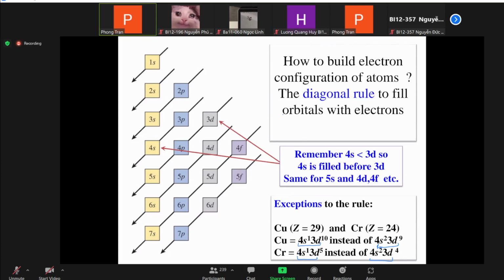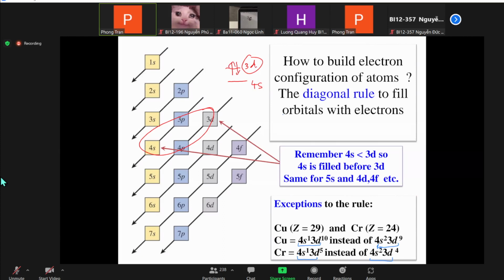And the second thing we need to consider here is that we are talking about the 1s, 2s, 3s, 4s, and so on. This alignment of energy levels is correct when the orbitals are empty or when the orbitals are filled with a limited number of electrons. When we take into account the case of 4s and 3d, you can see that the 4s will have a lower energy level than 3d. Okay, it's correct when the orbital 3d is empty. But when the orbital 3d starts to fill with electrons,